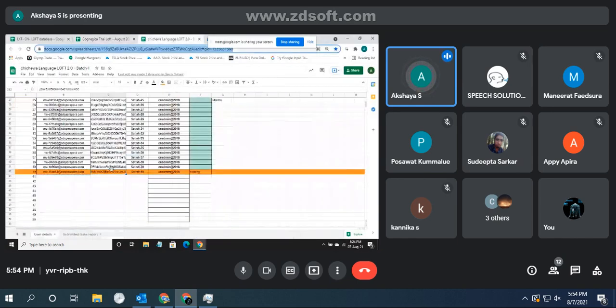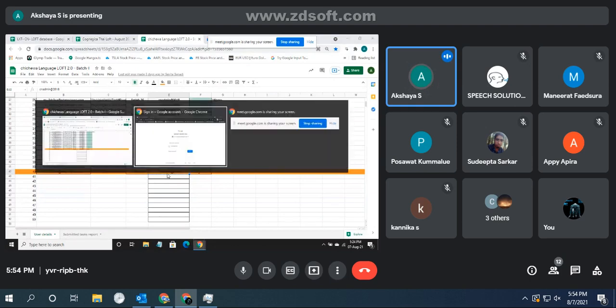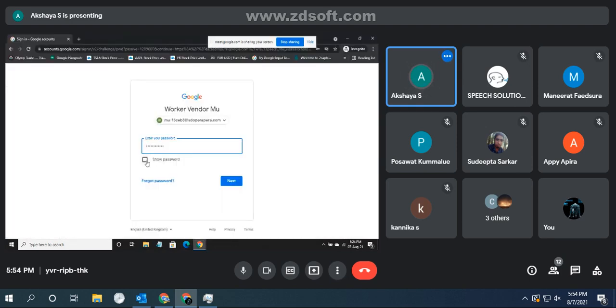Okay, see, I have already logged into my account many times for training purposes, so I'm logging in with the password I have already changed. That's why I'm copying this cnadmin @2018. See, show password. I have already changed from the default password to the common password, and I'm logging in.